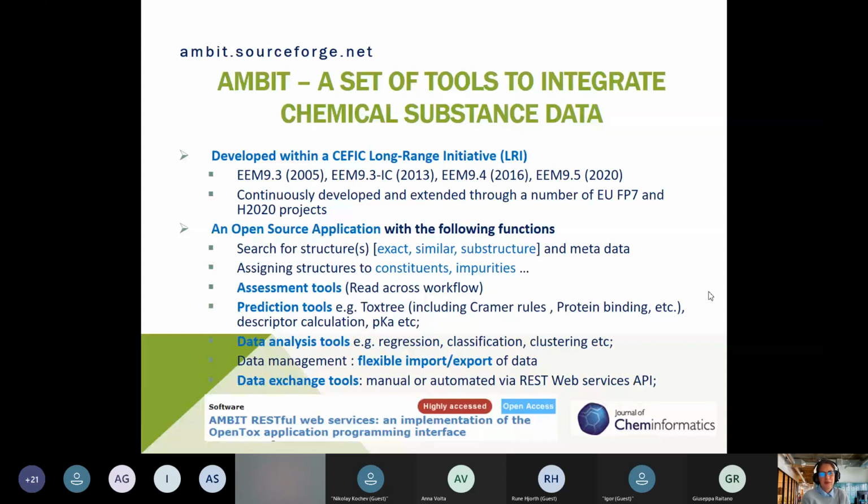I would start with a reminder that AMBIT is not a single database. This is basically a set of open source tools, which allow us to integrate very different sets of chemical substance data. It started as a Cefic LRI project in 2005. We currently also have an extension of that, but it was also continuously developed and extended through quite